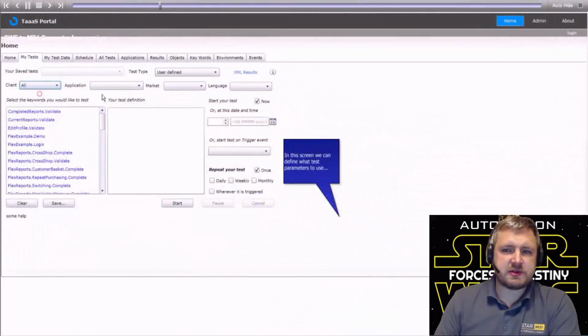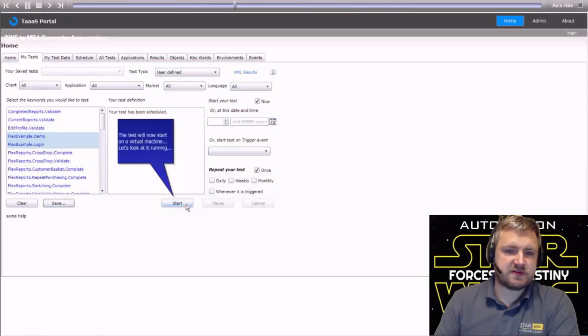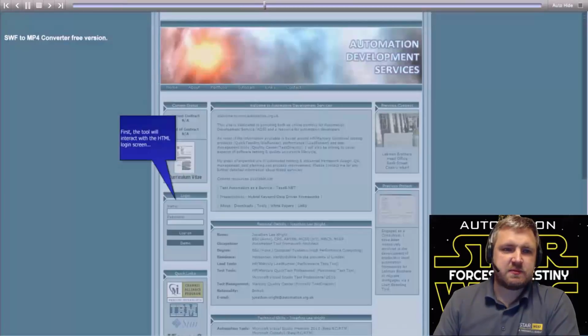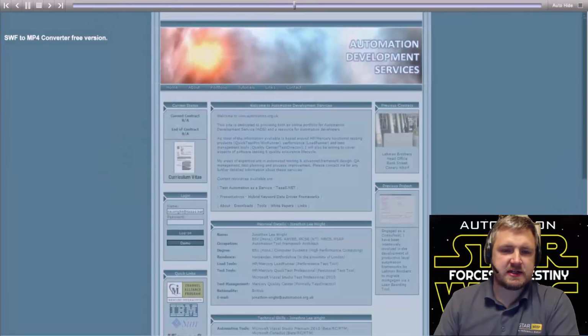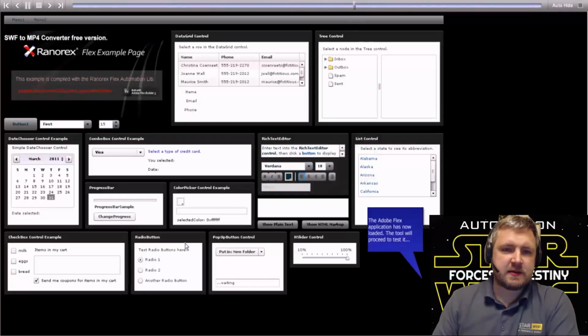So in this example, which was built in Flex, in Silverlight, you can pick a market, a language, and then select a number of predefined steps as you saw previously with the login and then clicking a number of different other steps. But partly the difference between TAS and the standard approach was that we then would run those on a number of different machines. So this was the high volume automated testing running as a process in headless mode, so that you wouldn't actually need to have this running on a local machine. This would then scale up in a browser proxy and allow you to test more complex environments.